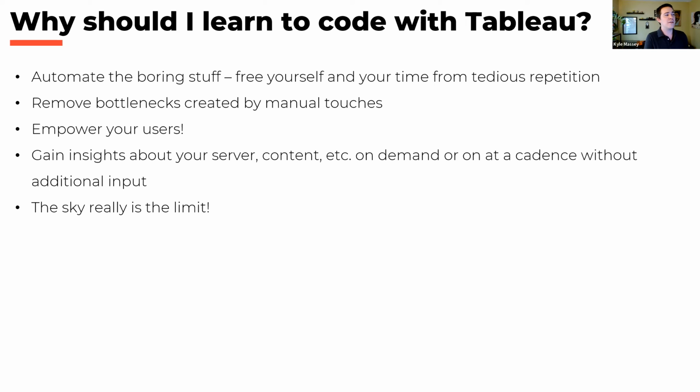And another thing I put is remove bottlenecks created by manual touches. One of the options in the polling was about deployments, content management. If you're at a larger company like I am, you probably have some sort of approval process to put something from a non-production environment into production or a similar type of pipeline setup. And if you're not automating things, that requires someone to go in and touch something, and that slows it down. So think about ways to automate that, so that if somebody has to get an approval or click a button, that's fine, but everything else should just happen on its own.